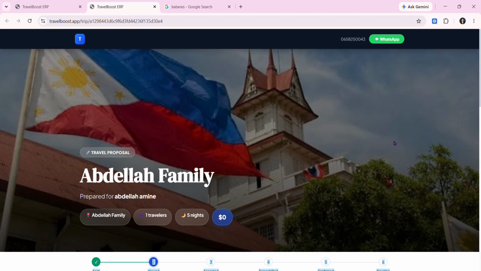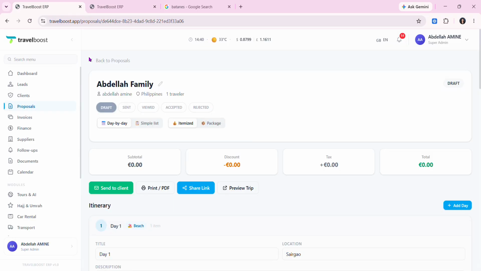Okay, and by the way, let's go back in here. Once the proposal is completed, Travel Boost provides several ways to share it with your customers, like the other one that we opened, which is the preview trip. We can share the link, or we can have the print or PDF form.